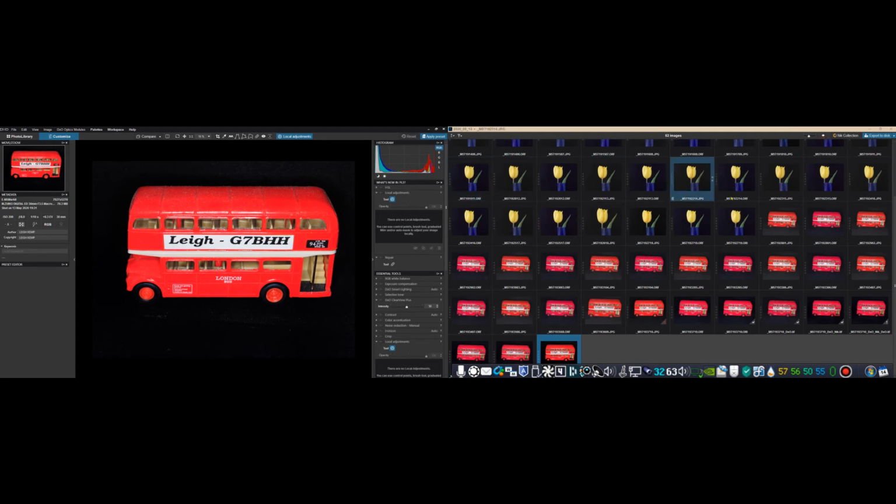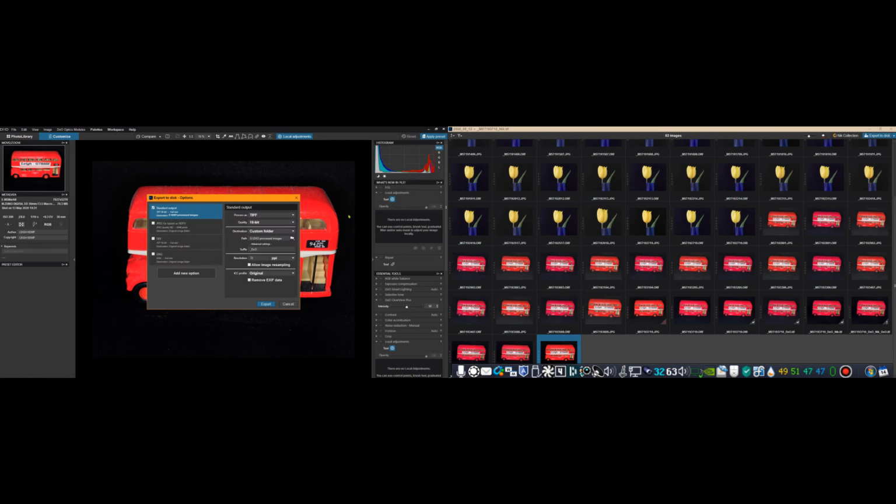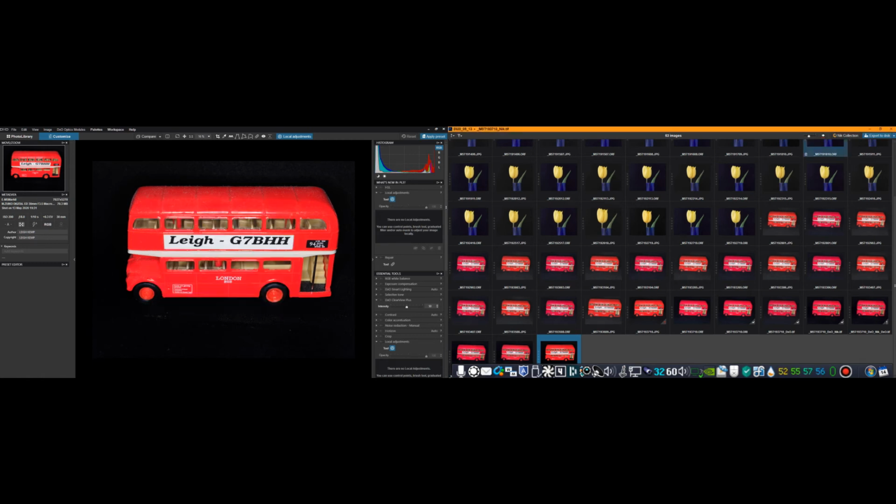Okay, so NIK can also export to other pieces of software. Sorry, not from there, let's cancel that. If I go to export, change export to disk into export to application, here are some of my applications that I could bring this image into. I'll bring it into Aurora HDR, which is my favourite program